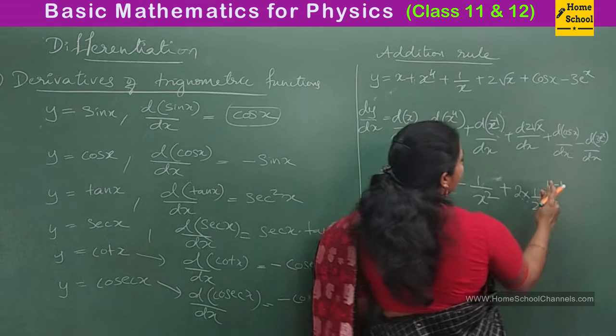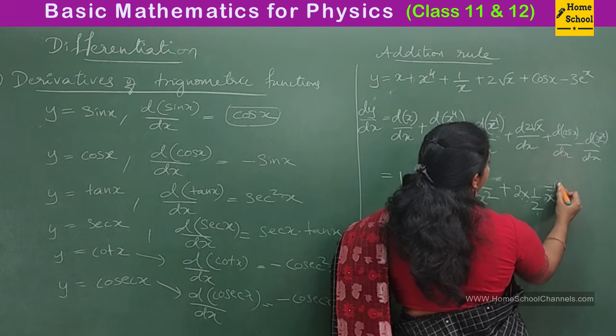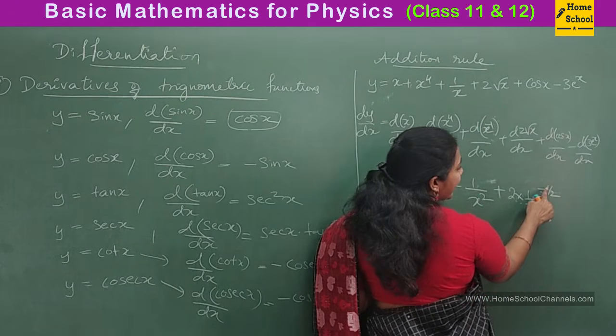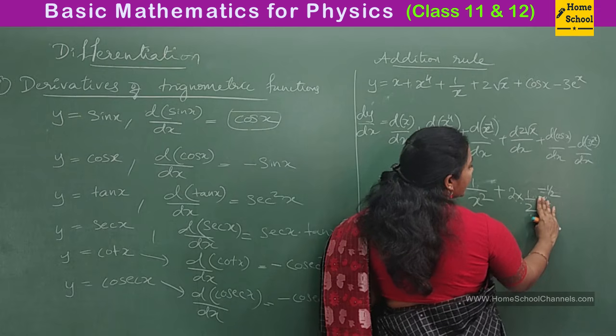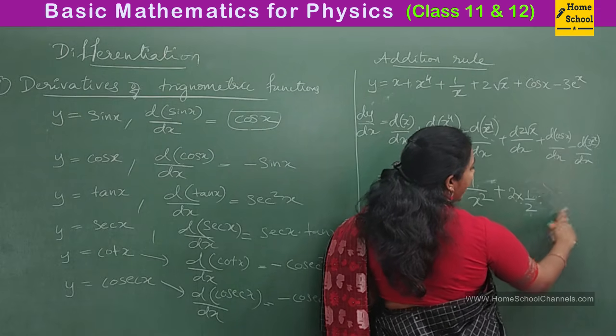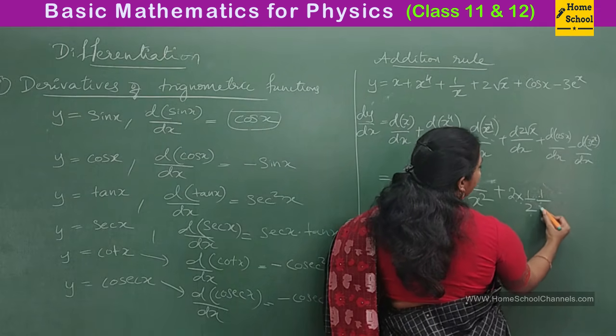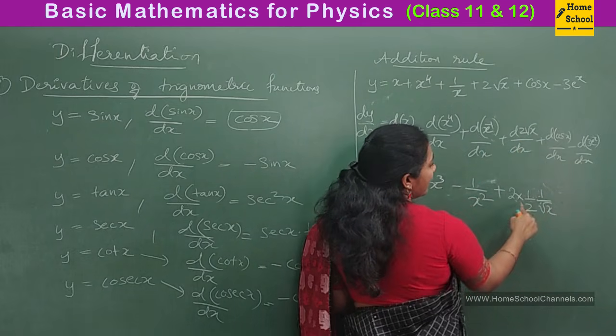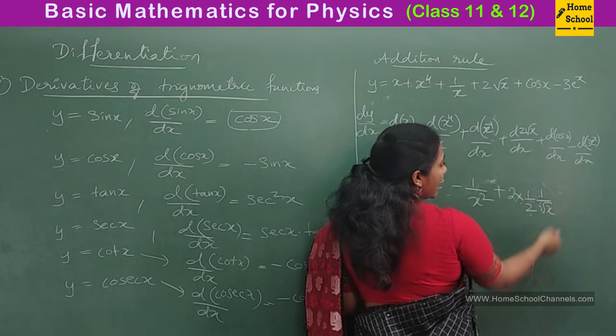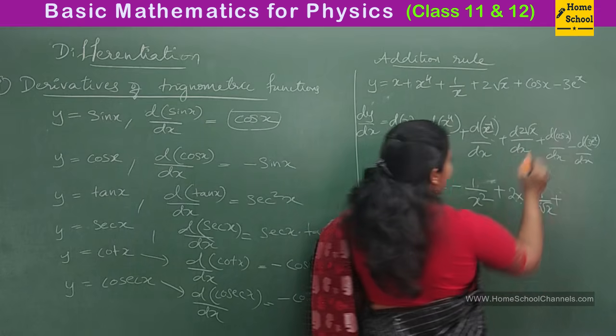So you will have minus 1 by 2, x to the power minus 1 by 2. You can actually write it as 1 by root x, right? So the differentiation of this value is 2 into 1 by 2 into 1 by root x, plus differentiation of